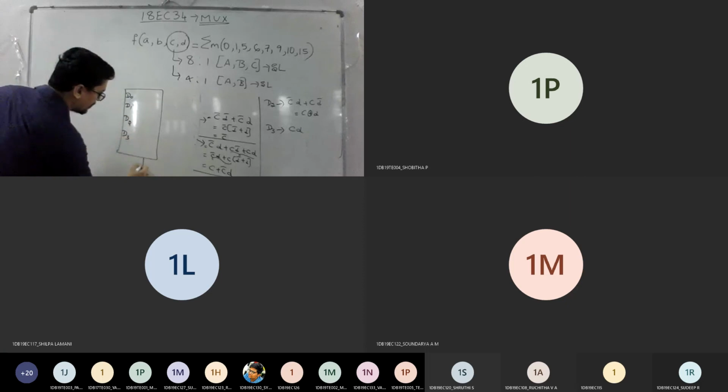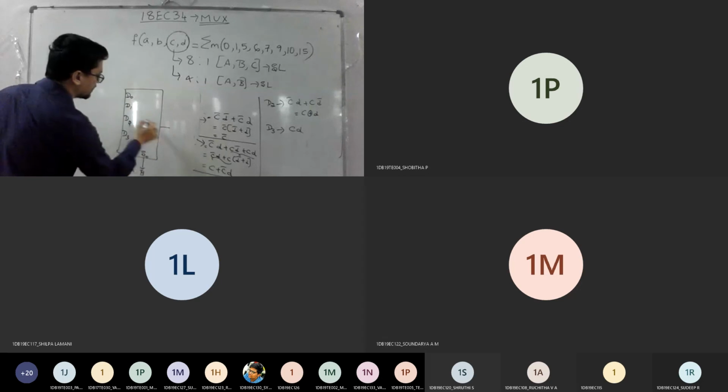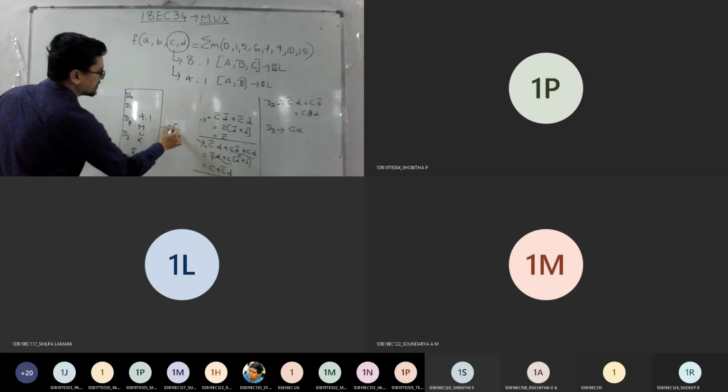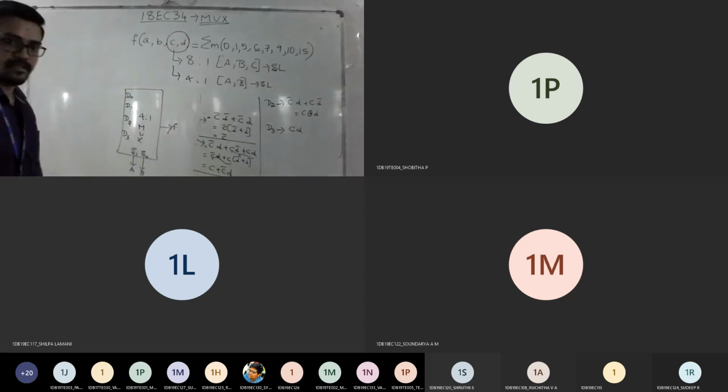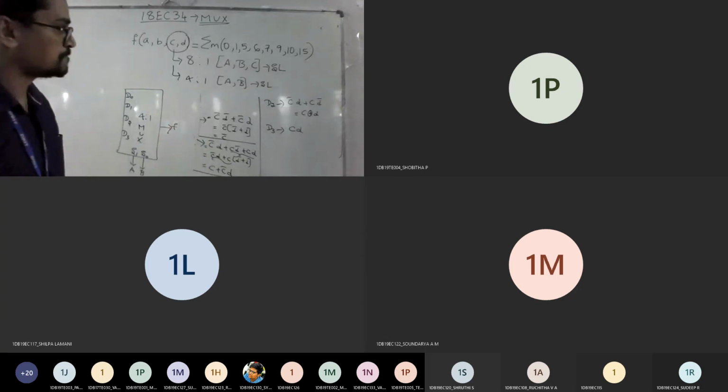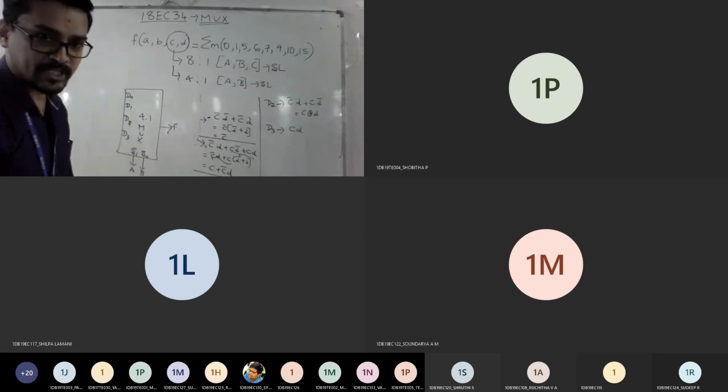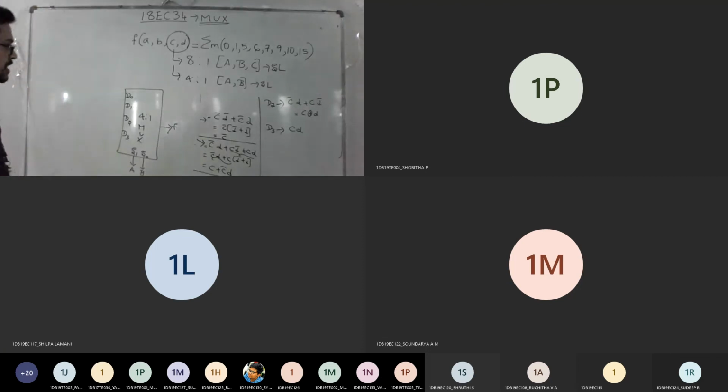Now tell me what should be connected to your D0. Selection pins, how many do you have? S0 and S1. They have told clearly that A and B should be the selection, right? So this is your 4:1 mux, and this is the function output. What is there for your D0 now? I should connect C bar. So it means I should have two inputs, one is C, one is D. Let me take a complement also.